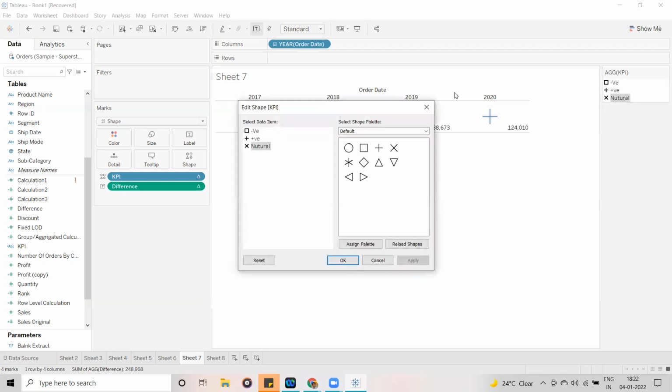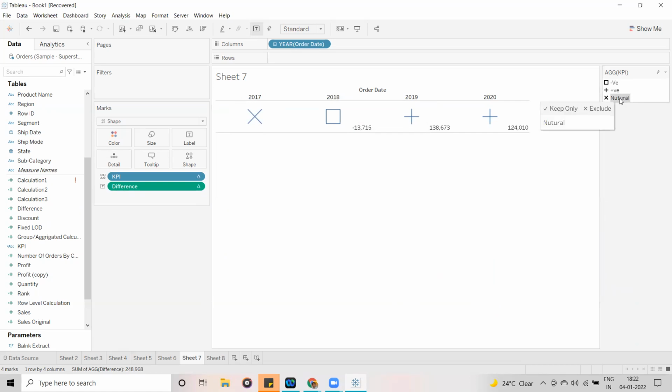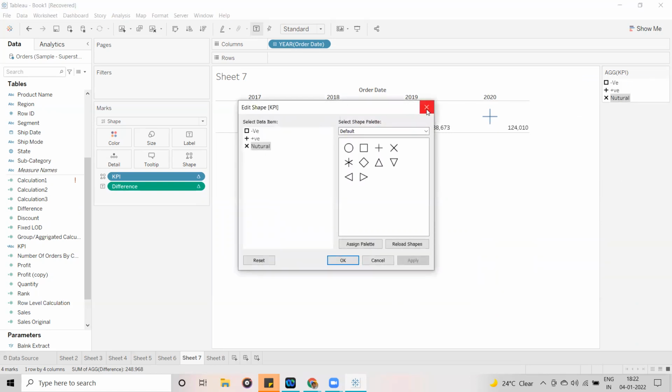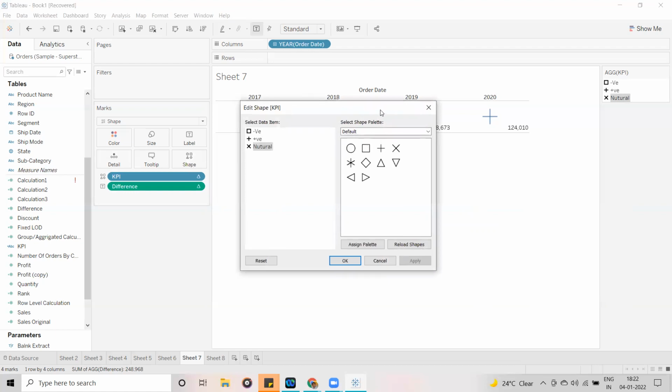Neutral means I am going to double click here, observe, on this. This is one way, or you can go to this drop down and edit shapes. This is the second option. And the third option is you can click on this, and you are going to get the same window. Now here in the default shapes we are having KPIs, or you are having some arrow marks as well, different arrows, right? These are the different arrows.